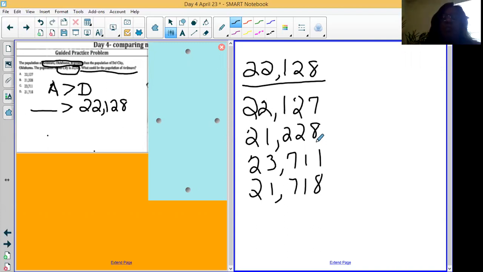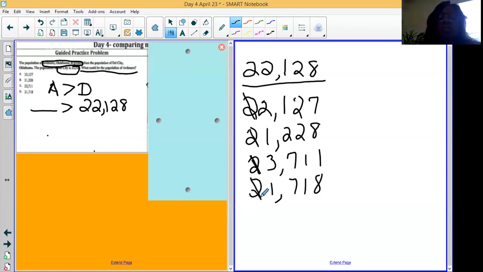So if I start in the ones place, here are all the digits that are in the ones place. Here are all the digits in the tens place. Here are all the digits in the hundreds place, thousands place, and 10,000s place. So we always start with the greatest place. The greatest place for these numbers is the 10,000s place. Each digit in the 10,000s place of all the numbers is worth 20,000. So the answer choice numbers are worth 20,000, and so does the number that I'm comparing it to. So that doesn't help me any because again, remember I am trying to find the number that is greater than